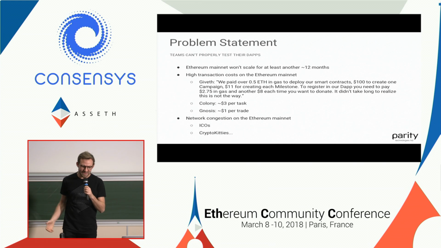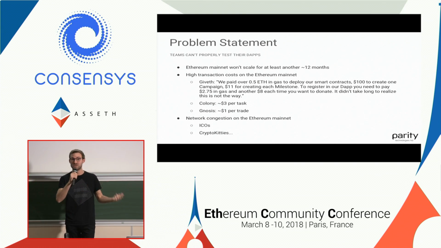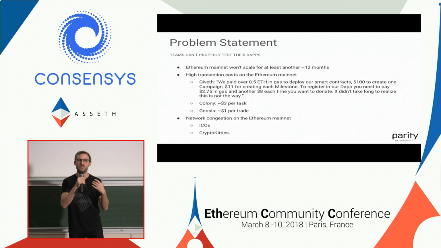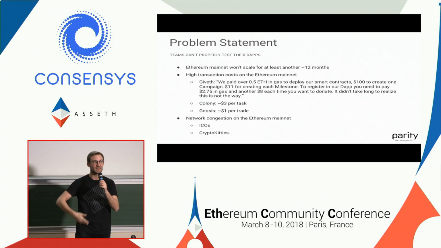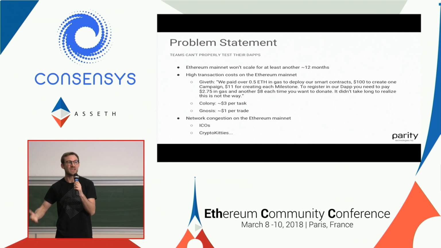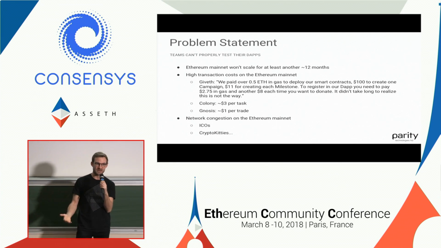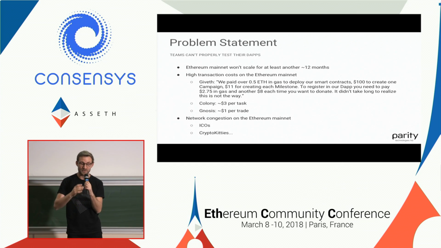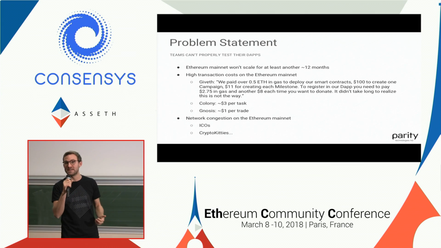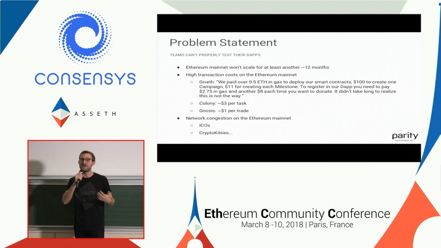And what we see is that there are quite a few projects now that have been working on their dApps for over 2 years. And they are in a state where they have written their smart contracts, they have tested them on a testnet, and now they really want to go to the next phase. They want to deploy and test some user interactions with real value, because the user really interacts differently if real value is involved or not. And just to name a few of them, there's Giveth, there's Colony, there's Gnosis, that are all pretty much ready to go live, but they can't for 2 reasons,